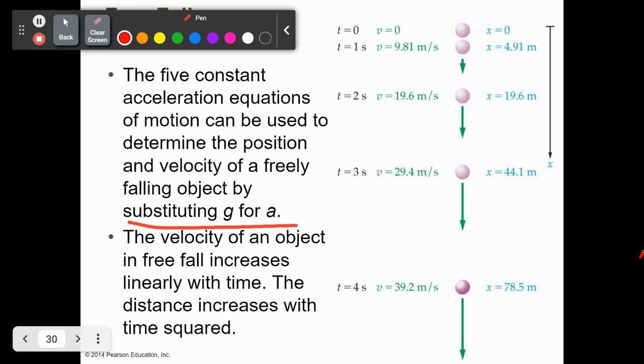The velocity of an object in free fall increases linearly with time. Okay, and that should make sense. It's just a fancy way of saying, if I drop this ball, every second that it's in the air, it's going 9.8 meters per second faster, which means right before it hits the ground, it's going to be going its fastest speed. Wait, I thought we just said it was always accelerating. Doesn't mean acceleration is changing. Right, exactly. Good. Don't second guess yourself. You were right. Okay.